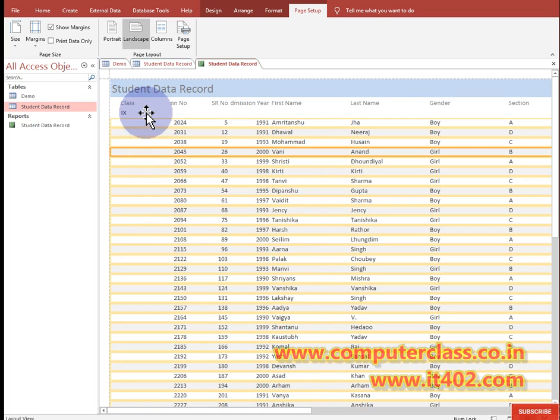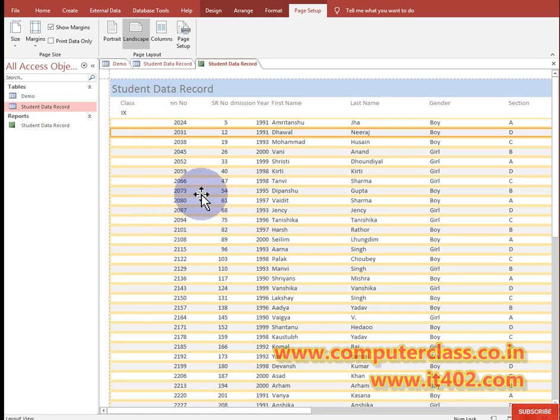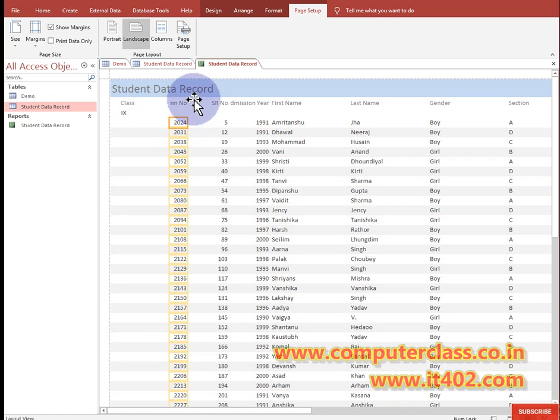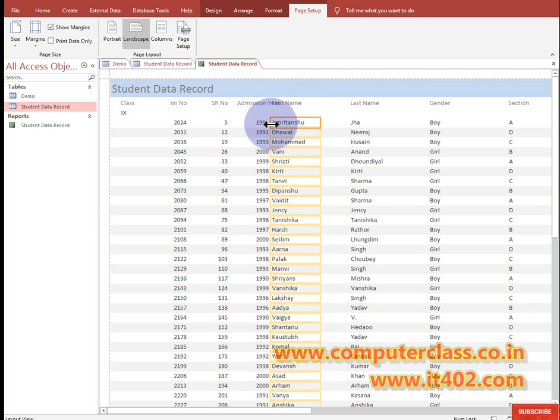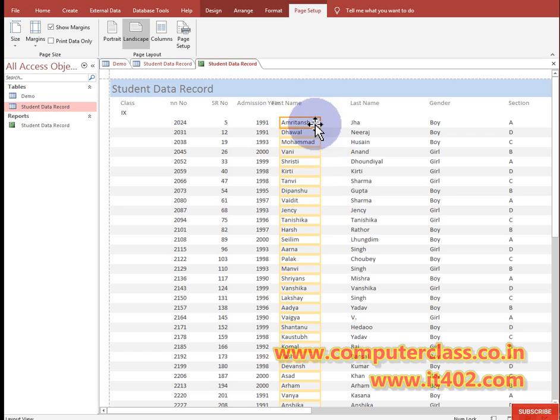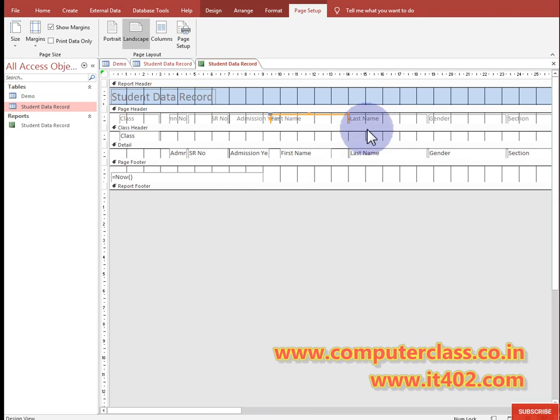Suppose this is the class, and in this class what can I do, what I want in class, okay, class is in a group, so it is not with this one part. So I need to click here, then serial number is there, admission number is there, you can click here like that. After that first name, student first name, so you can arrange them like that. So you can do this task easily in which view? In layout view. And in design view you have the format like that.